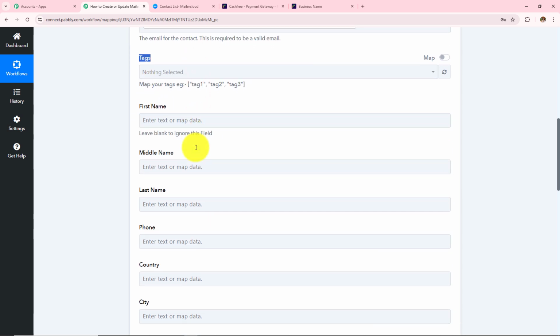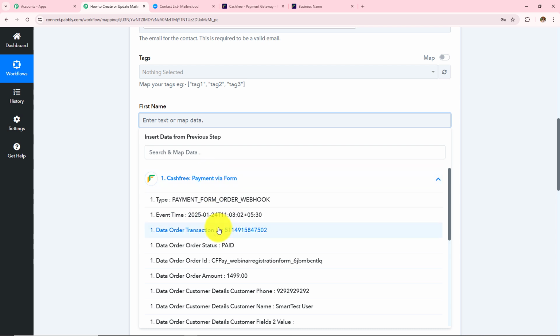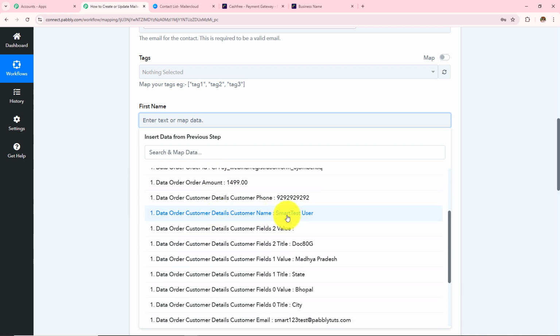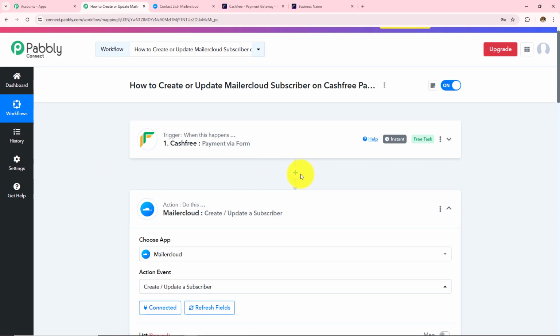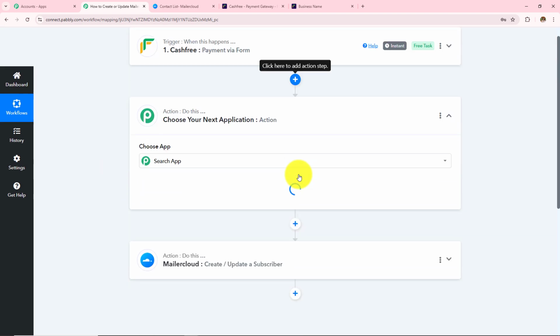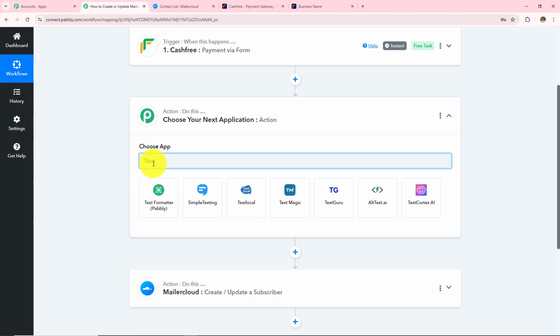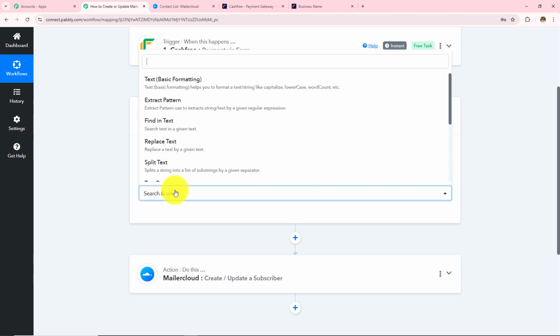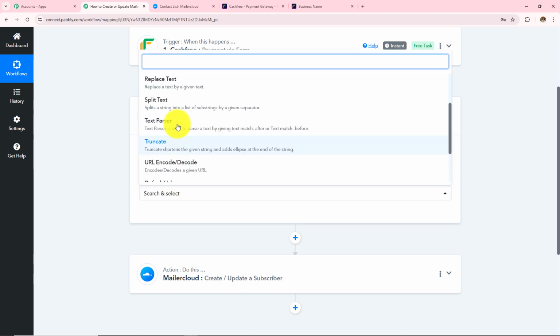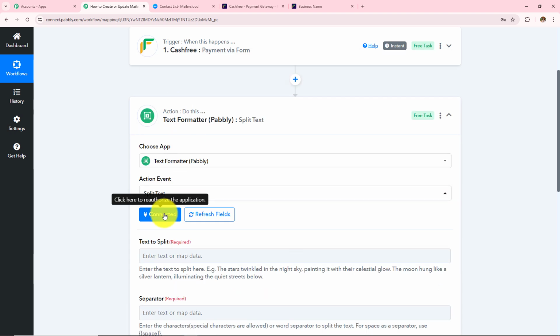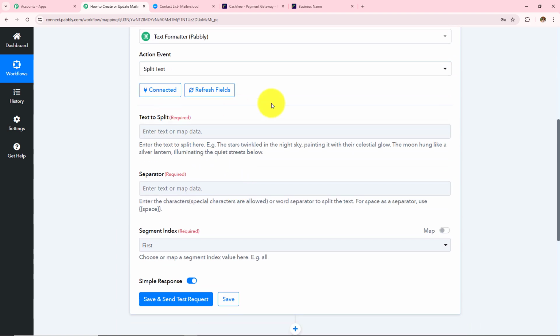Then I need to enter the first name. So in my response, I have received the full name of the user, and now we need to format this. For that, we are going to use one more action step. Before this action step, for that we have to click on this add action button, and then I'm going to search for a feature by Pabbly which is text formatter, and in my action event, I'm going to take this split text. Now I'm going to click on this connect, and then I have to enter the text that I